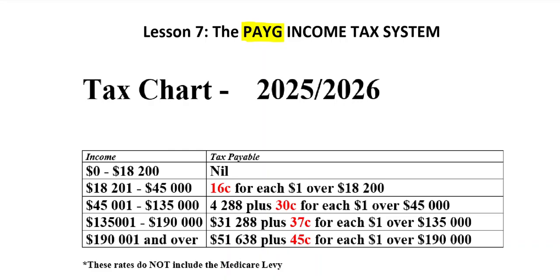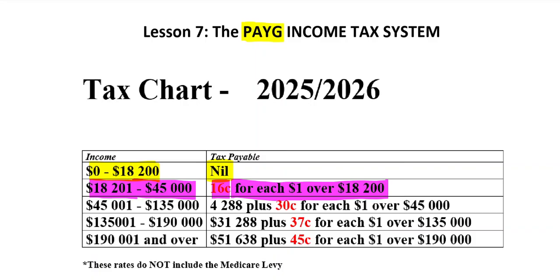If you earn between $0 and $18,200, you will pay nil, which means no, none, nothing. You will pay nothing for tax, $0. If you earn between $18,201 and $45,000, you will have to pay 16 cents for every dollar that is over the $18,200. So you still get $18,200 without any tax, but then you have to pay 16 cents for every dollar